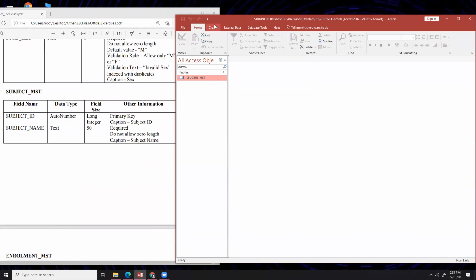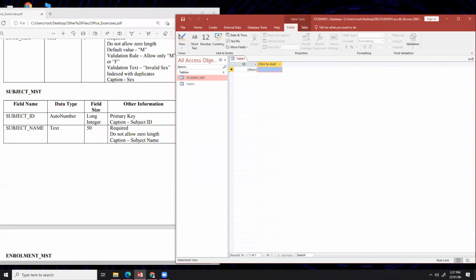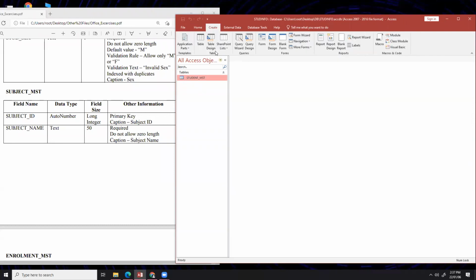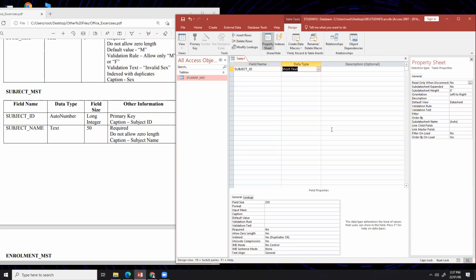And to create the second one, create table. I told you that we use this table design, create table design. And here it should be subject ID, data type is auto number,